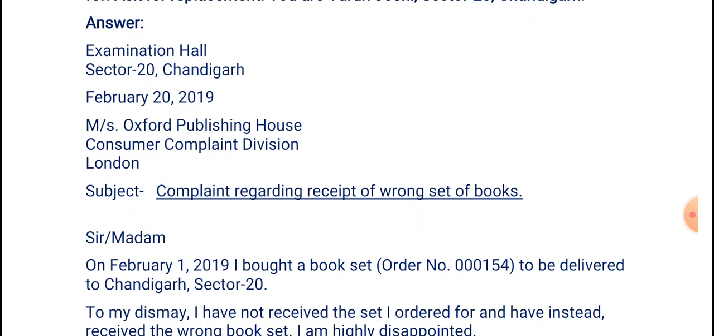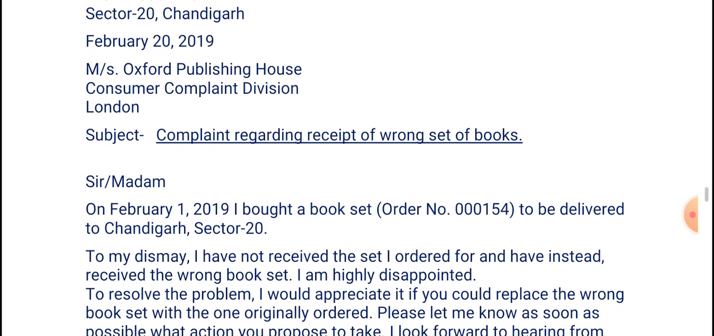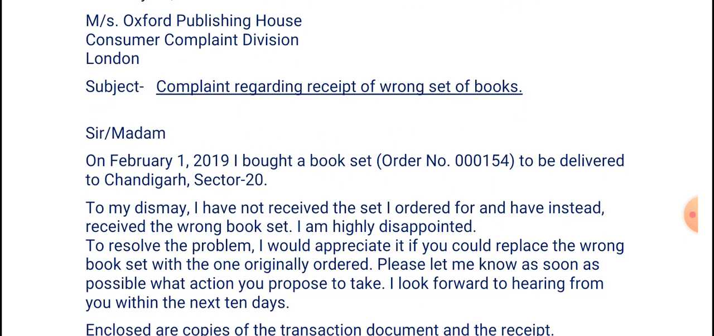After that, MS Oxford Publishing House, Consumer Company Division, London. Then subject: complaint regarding receipt of wrong set of books. Then sir, madam. If you are not sure who is there, you can write both of them. On February 1, 2019, I bought a book set, order number